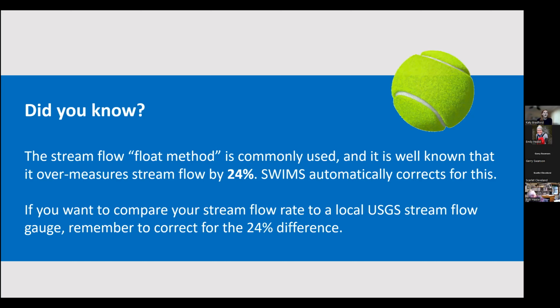Now I see one question. We often have surface plants blocking much of the stream in the later season. Should we try to clear out a place for the ball to float down? And yeah, my recommendation is yes, if you can, you don't want to rip them out of the stream bed